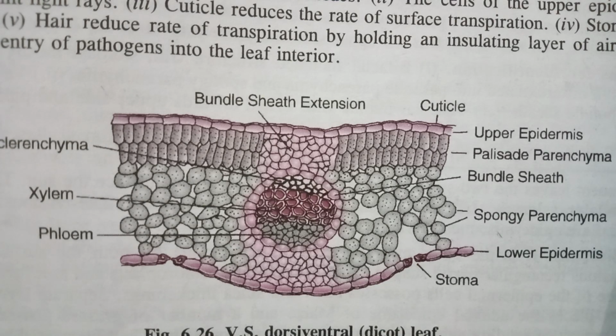That means both the upper and lower surfaces are properly distinguished. So, based on their distinction of the upper and lower surface, there are three types. In unifacial, it is cylindrical without any distinction into upper and lower surface. In isobilateral, the leaves have two distinct parts but they are not distinguished into proper upper and lower, whereas in dorsiventral leaf both the sides are properly distinct. So first of all, now discuss about the dorsiventral leaf.